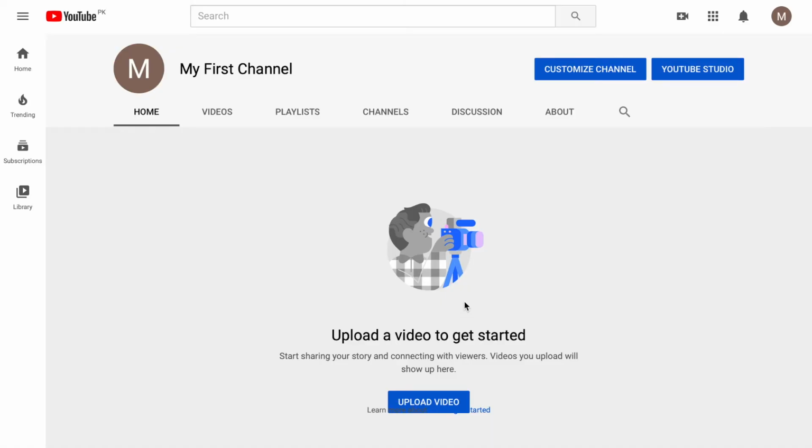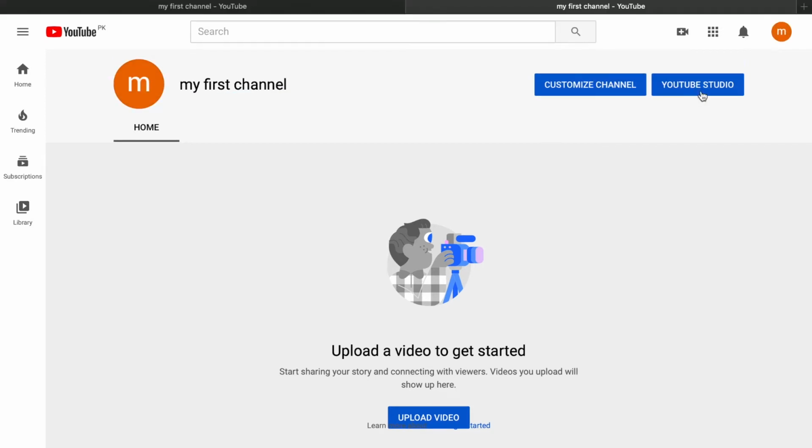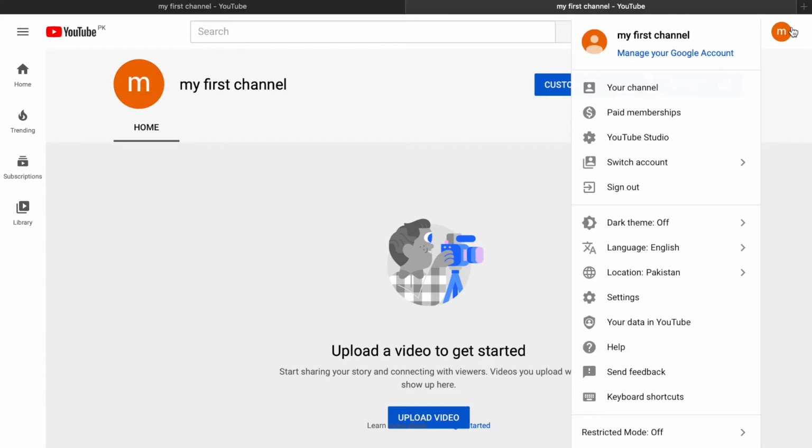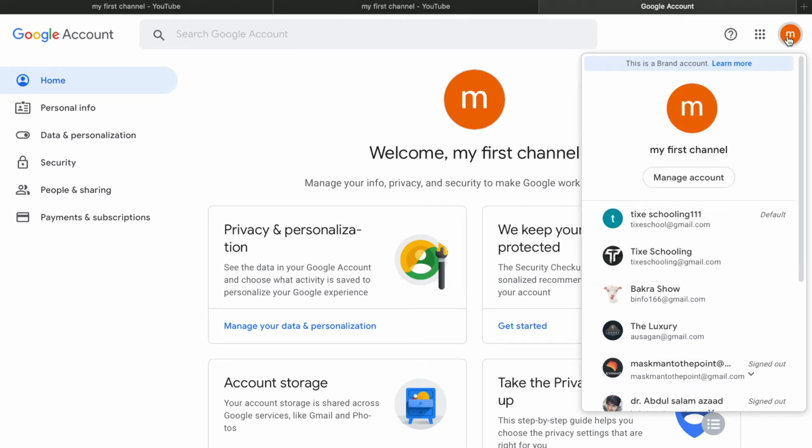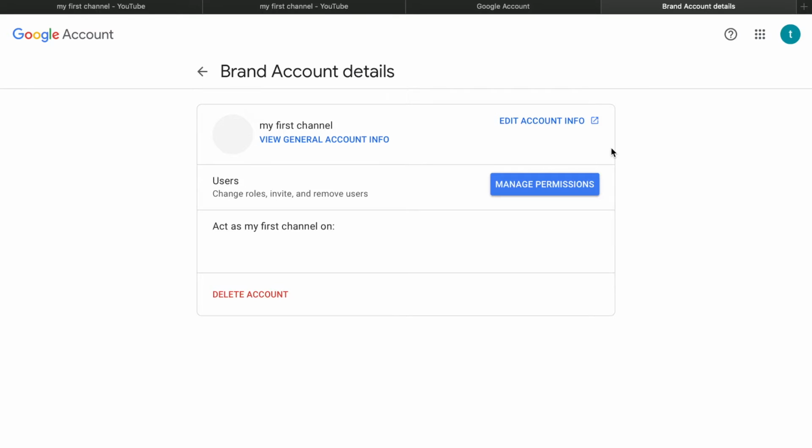So first of all, you have to change your name and put a logo on here. For that, click on your upper right corner, then click on manage your Google accounts. In here, click on your picture and go to manage your account. As you come here, click on this button called added account info. Click on it,